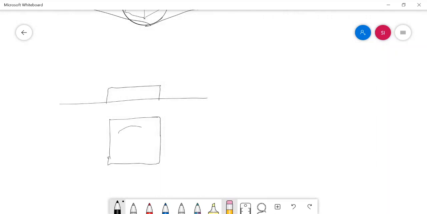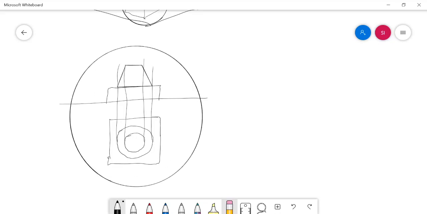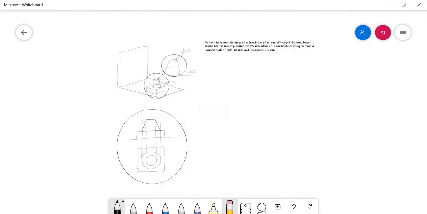After that we need to draw the frustum of the cone's top view as well as front view. Thereafter we can go for drawing the isometric view of the combination. Let's do one by one.